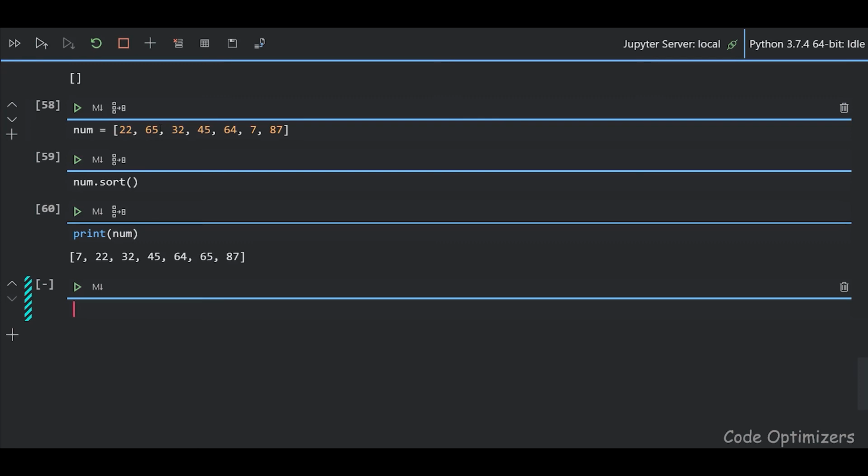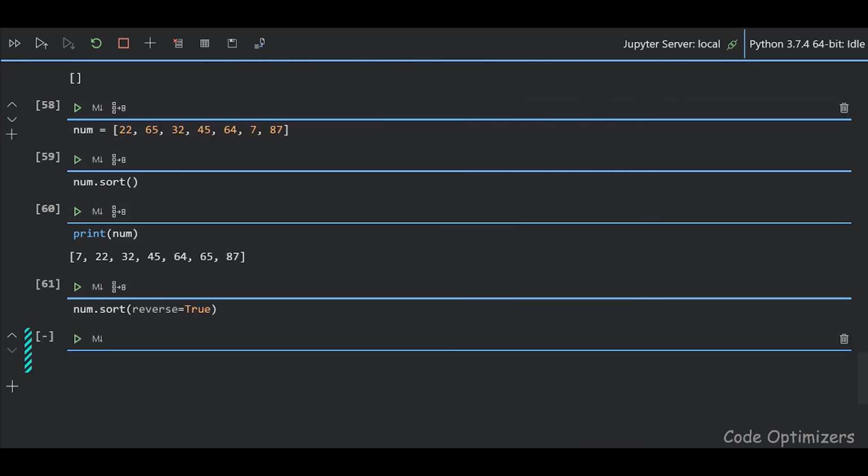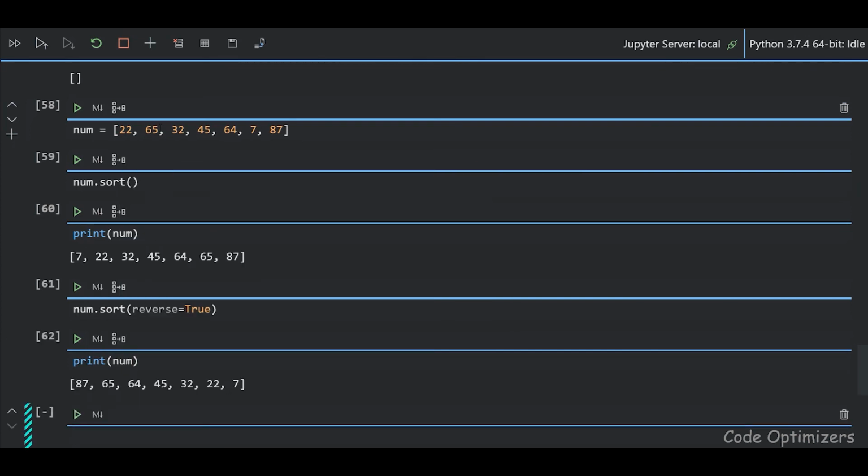Now if I want descending order, we can type num.sort with reverse equal to True and then execute it. And now if we print num, we get the descending order.